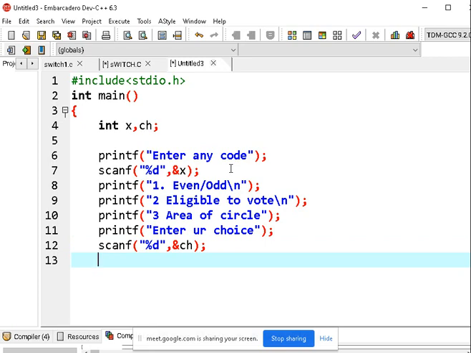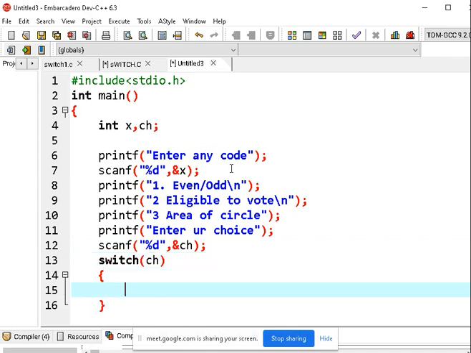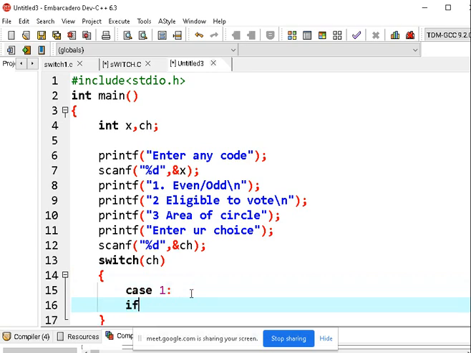Okay, now we'll go with switch case of ch in the bracket. Case 1. What is the first case? I want to find even or odd. So I'll write a code.